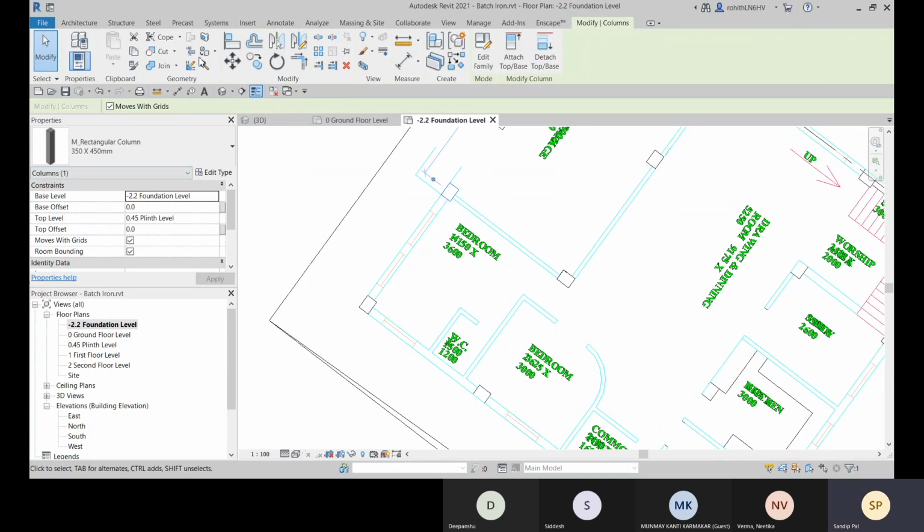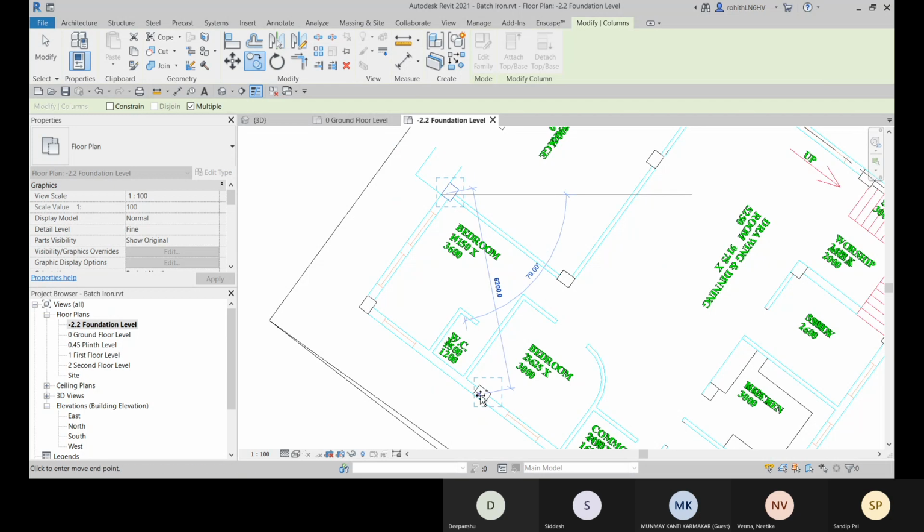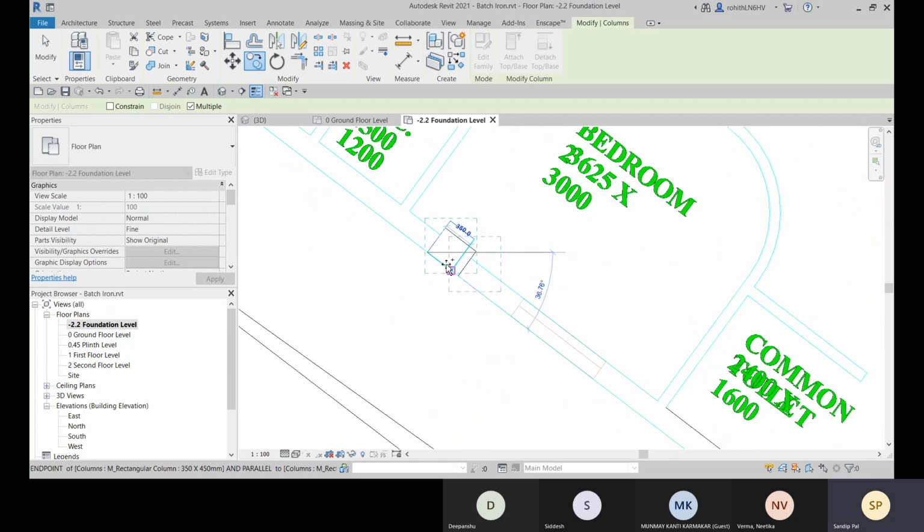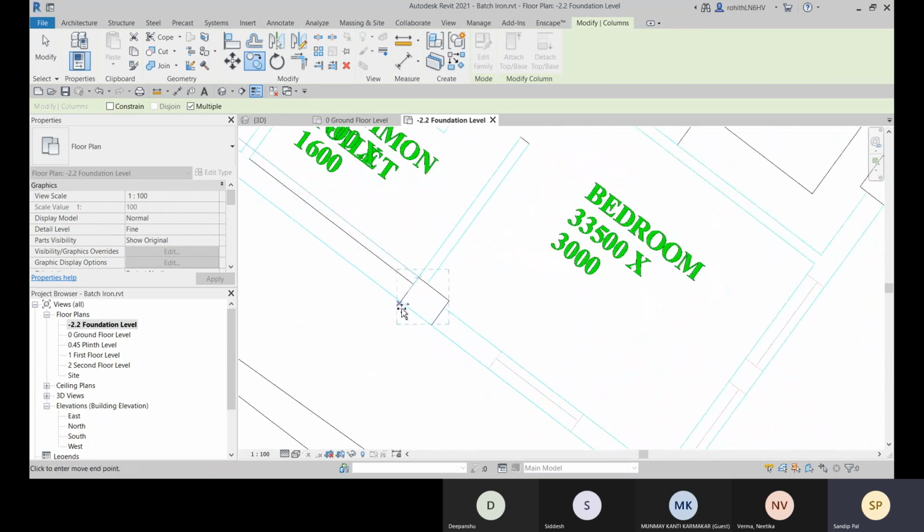So let me go for the duplicate option. The duplicate, we will change the rotation.